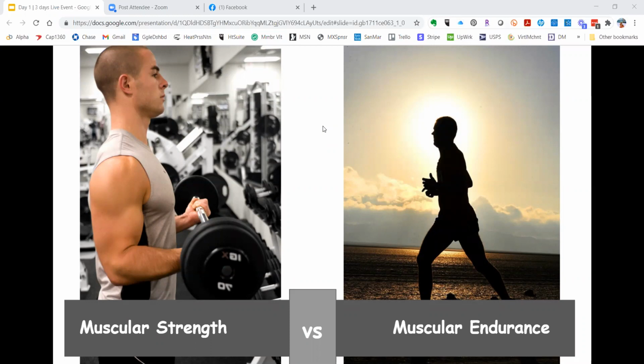Now, talking about muscular strength and muscular endurance, this is where repetitions come in. So if we're talking about pure strength, 1 to 3 repetitions is considered pure strength. To get muscular endurance, you need to be doing a lift or movement 25 or more times. And right in the middle of the strength and endurance continuum is about 12 to 15 repetitions. And this is a good starting point for any new program. It builds a combination of strength and endurance.